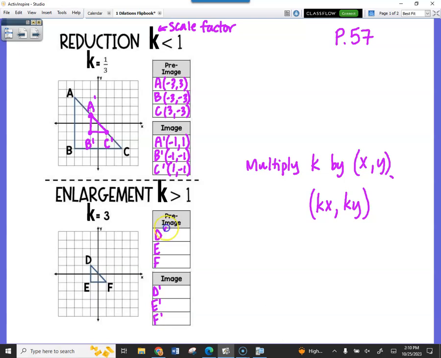So what's the coordinates of D? Negative 1 and 1. E is negative 1 and negative 1. And F, positive 1 and negative 1. Now, you should be able to do this one in your head. I hope you don't rely on the calculator when multiplying by a 1 or a negative 1. Well, let's build some confidence in you. You can do it. We are tripling the size. So D prime should become what? Negative 3, positive 3.